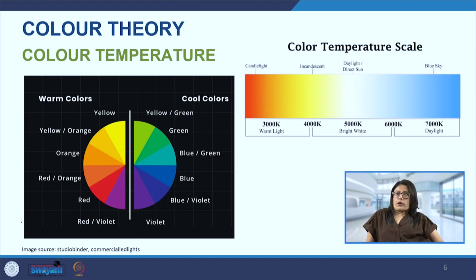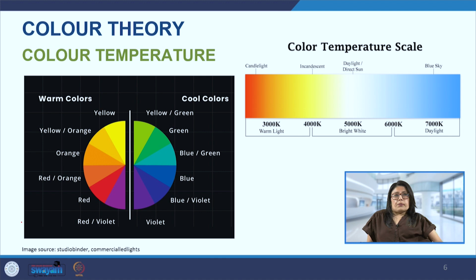forming a square. Now temperature is a very important aspect of color because when we are talking about color, we also perceive colors in terms of them being warm or being cold or cool. So now these colors which we say are warm or cool, they are not just warm or cool in terms of their wavelength or just because they appear warm or cool, but also because they create that kind of emotion in the user. So certain colors will make us feel warmth and certain colors will make us feel cool or colder.